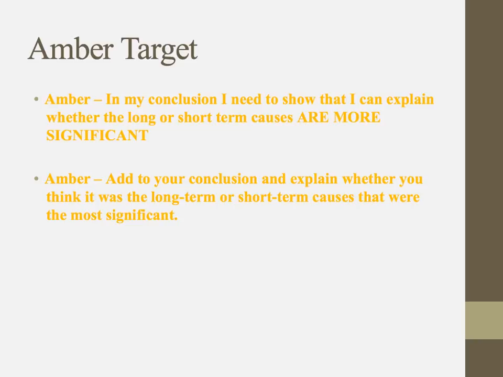Finally, it's the amber target. What's more significant? Is it the long-term causes? Is it the short-term causes? So do you think it's this issue between the church and the king that builds up over a long period of time, with the church courts and Becket and Henry kind of vying for each other? Even before then, Henry and before Becket had issues with the church, okay? It's a theme that runs through the period, really. Or is it the short-term causes, the trigger? Okay, which is obviously Henry asking the Pope for support, and the Pope saying, I'm only going to support you against the rebels if you show that you're sorry.